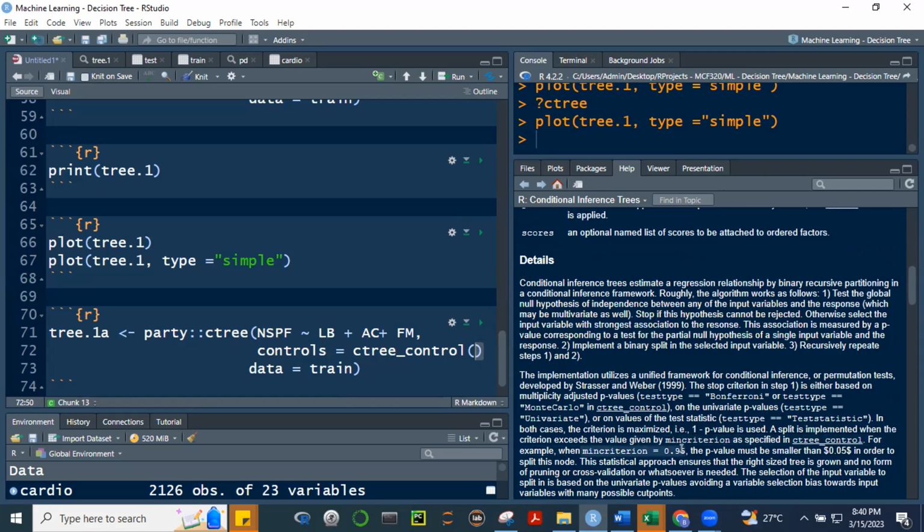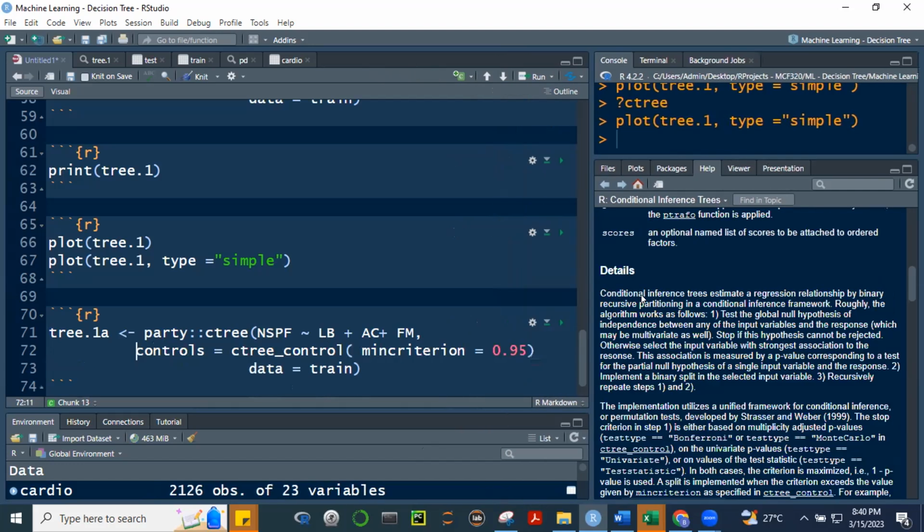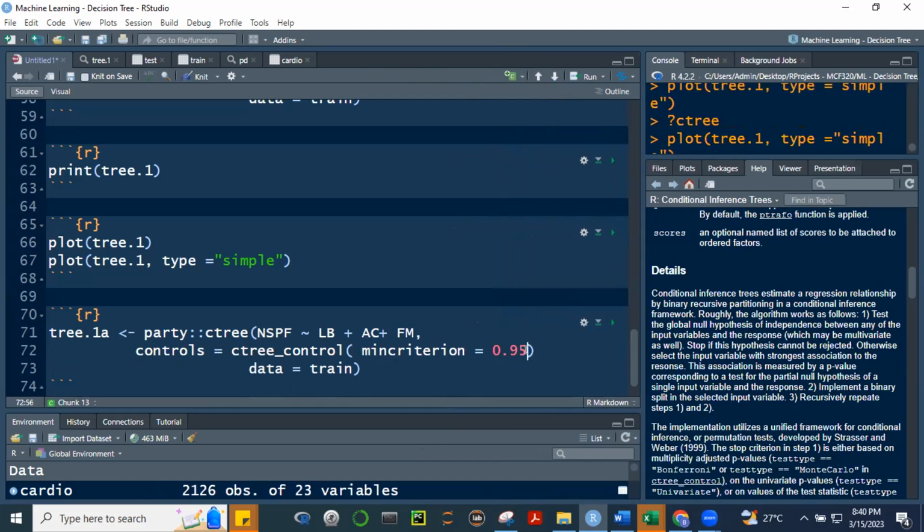Let's try, copy ko lang to. Control C, Control V. Okay, minimum criterion is babaan natin ng konti, 0.9. Alright? Then we can also, pwede natin magamit yung minimum split.